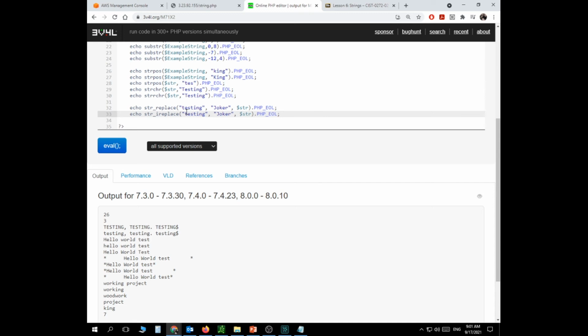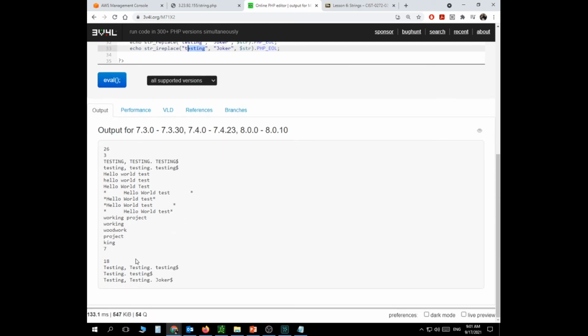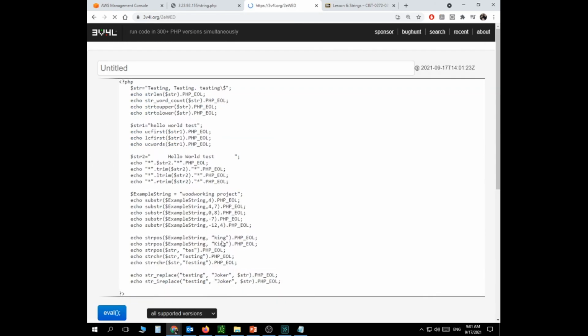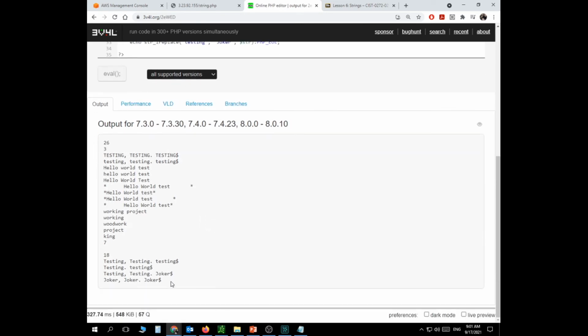Basically, since testing here is going to be searched in a case insensitive way, this testing and this testing will actually be replaced by the word joker. And you can see here, joker, joker, joker. Okay, now we still have 4 other functions left, and we'll be done with this part and with the whole